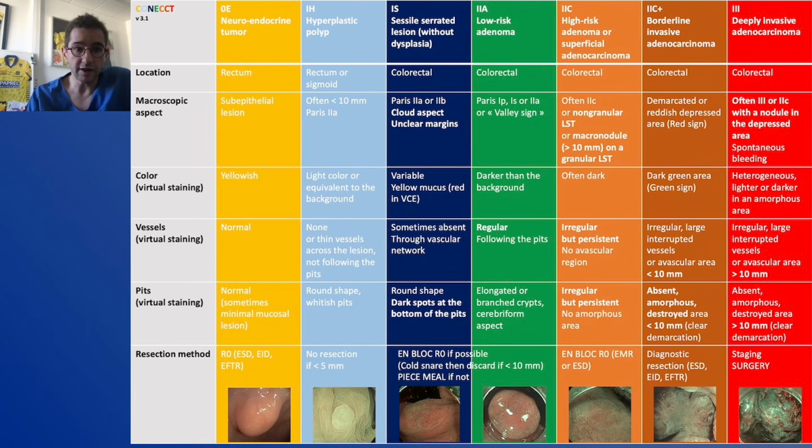So finally, we came with this table with the histology predicted in the upper line, the macroscopic aspect, which is the Paris classification, the color coming from the NICE classification, the vessels coming from Sano's or GNet classification, the pits from Kudo's or GNet, and the proposition of treatment for each kind of lesion. And we will see all these different